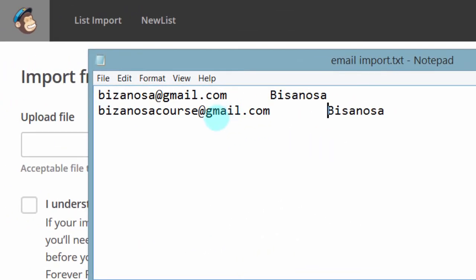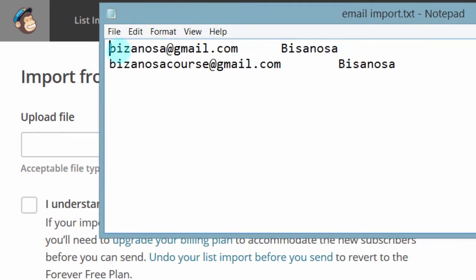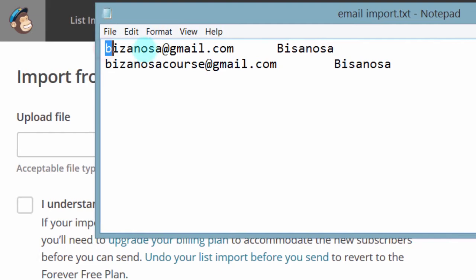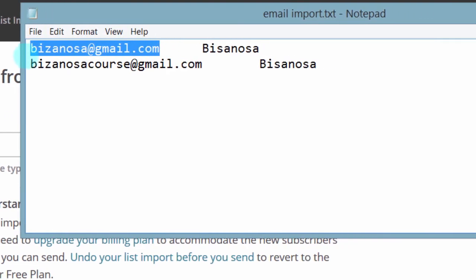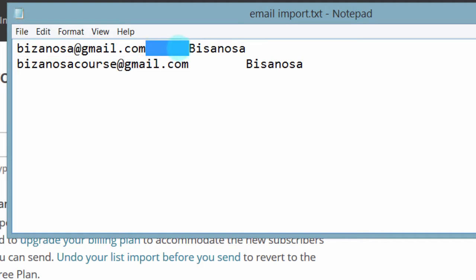So this is what is called a tab delimited text file. A tab delimited text file will have the email or whichever value you have here. The email, it can be a first name, and then this is a tab spacing. So how you put the tab in between here, you space this using a tab, and then if you want to add anything else on this other end, maybe a second name, let's say this is a first name, and this is a second name on the other end that you want to put, you will just do tab and then put the second name